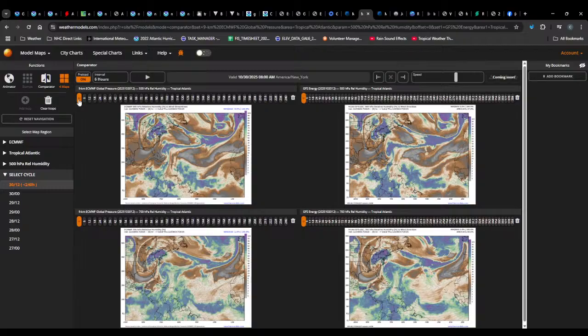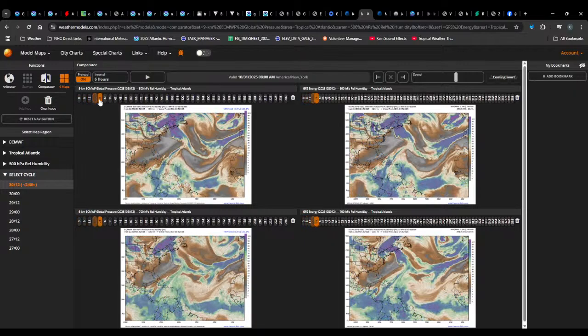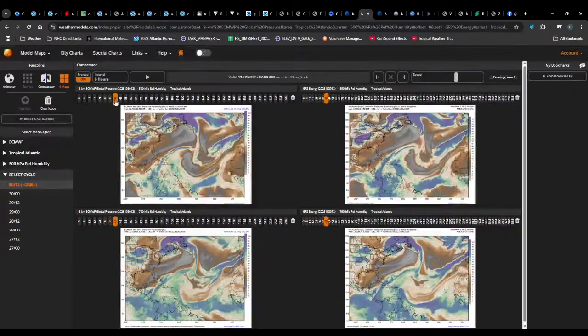Here we have the humidity levels. We've got the Euro on the left, the GFS on the right. This, with our 500 millibar level at the top two graphics and a 700 millibar level on the bottom two graphics, is looking at the dry air and moist air in the layers between around 10,000 and 18,000 feet. And as I run this forward, really the only reason that I am running this forward,